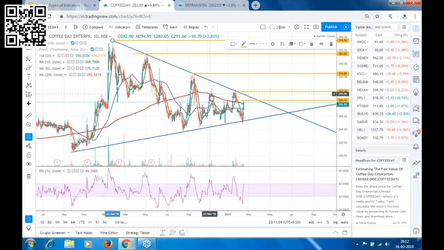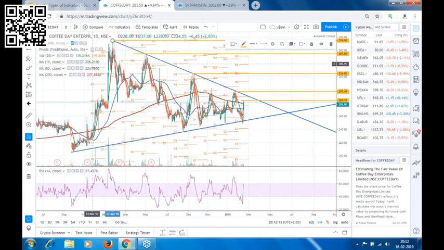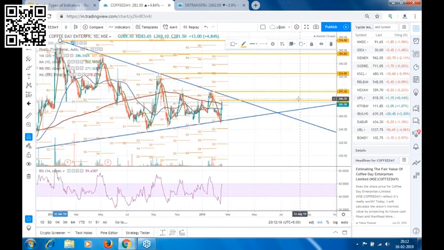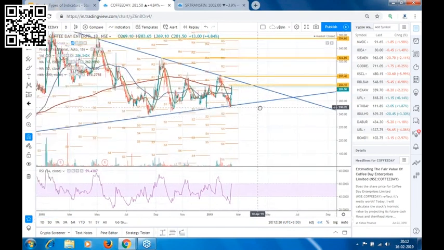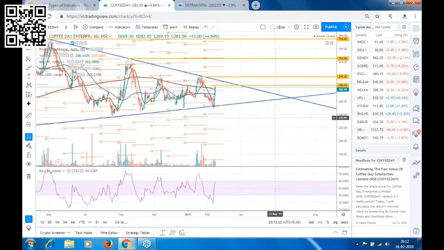Can we use the direct pivot points to mark the targets? See, pivot points, I think if you use in intraday, it's much better. And if you want to use pivot points, you can mark your targets based on pivot points as well. But I generally don't use pivot points in positional trading to mark my targets, because if I take entry at around 285 level, then the pivot is around 290 level. So it's just 5 points. Then the next pivot is around 312 levels. Well, the choice is yours.